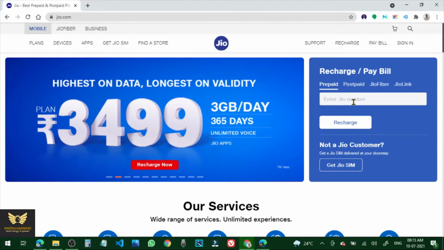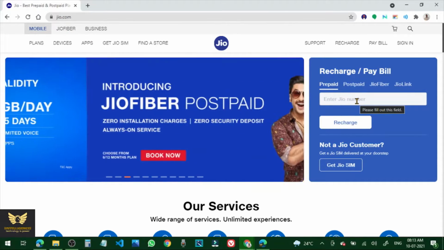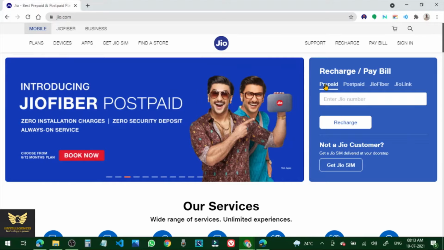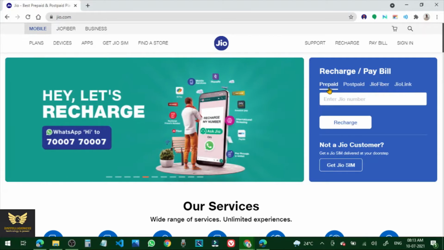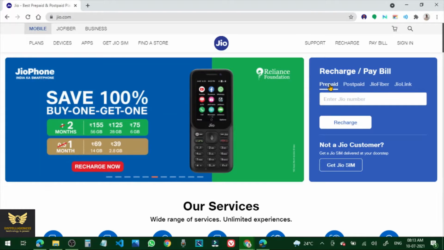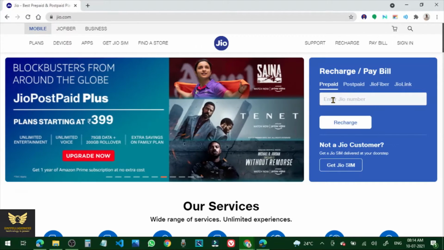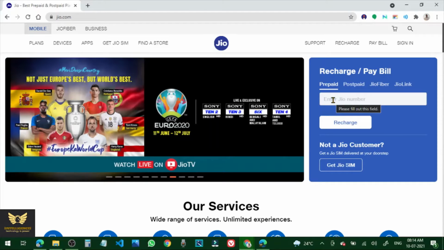In that, enter the Jio number. Select prepaid if it is prepaid, or select postpaid if it is postpaid, or Jio Fiber or JioLink. Since I want to recharge a prepaid mobile number, and the default is already prepaid, I just enter the prepaid mobile number of Jio.